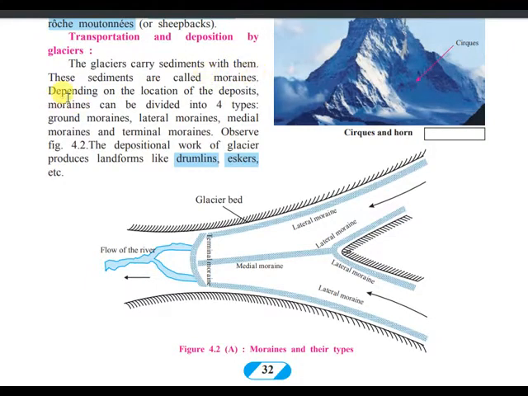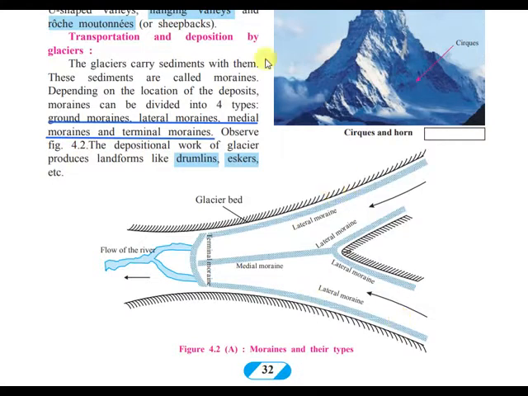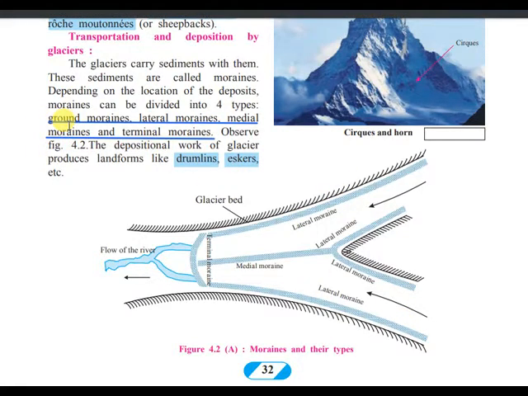मोरेन्स कहते हैं। Depending on the location of the deposits, moraines can be divided into 4 types. अभी moraines कितने टाइप के होते हैं? 4 टाइप के होते हैं। So the four types of moraine कौन से? First type of moraines are known as